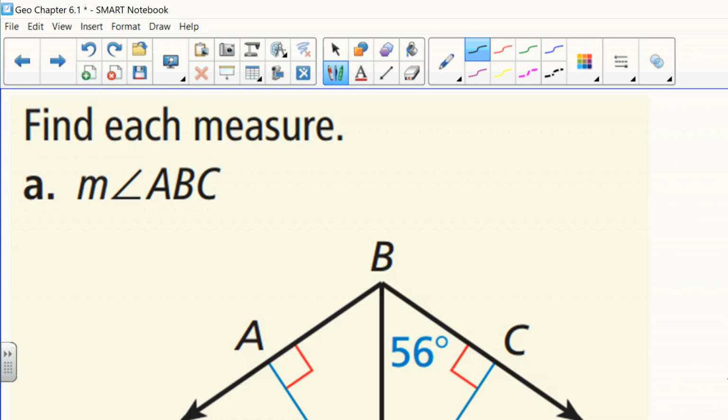So what about this one here? Well, those two lines are congruent, yes? We do have the two right angles, so that would be